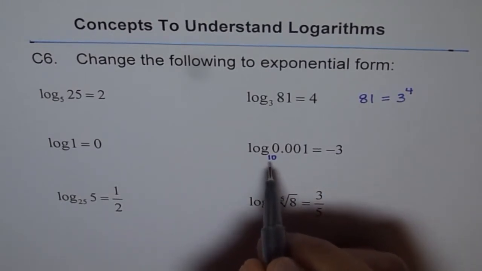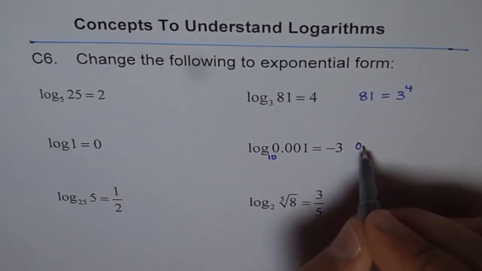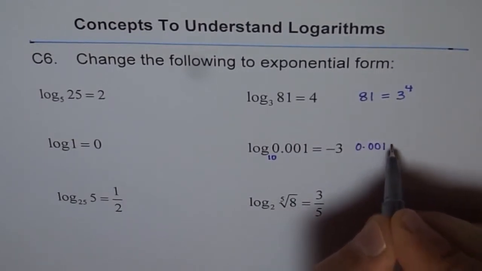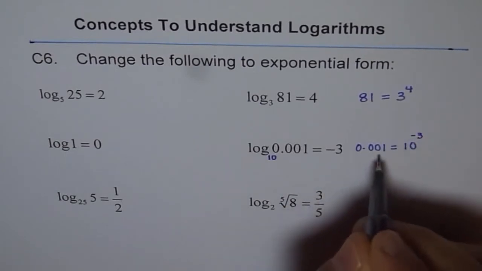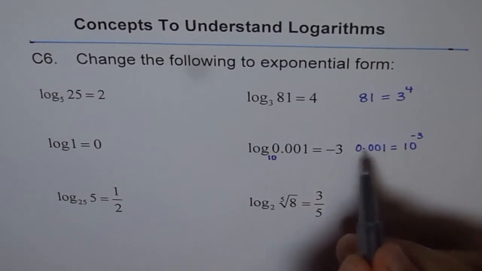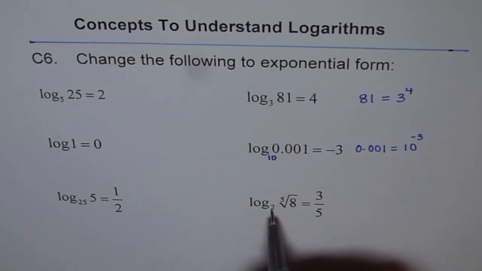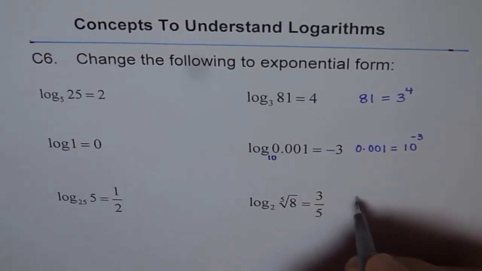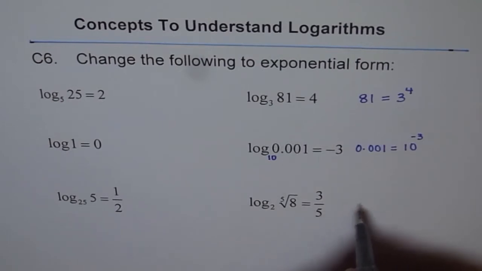Now this basically, if you write in exponential form, means that 0.001 is equal to 10 to the power of minus 3. So writing like this is exponential form, and you could have written from here to logarithmic form. So try to see it in this fashion, correct? Now here this means that 2 to the power of, let me write this on the left side this time, doesn't really matter, it's equality, you could write either side.